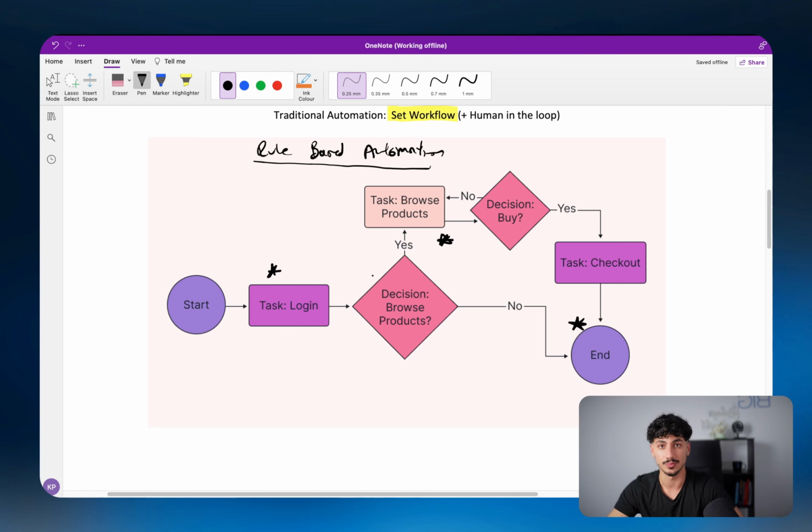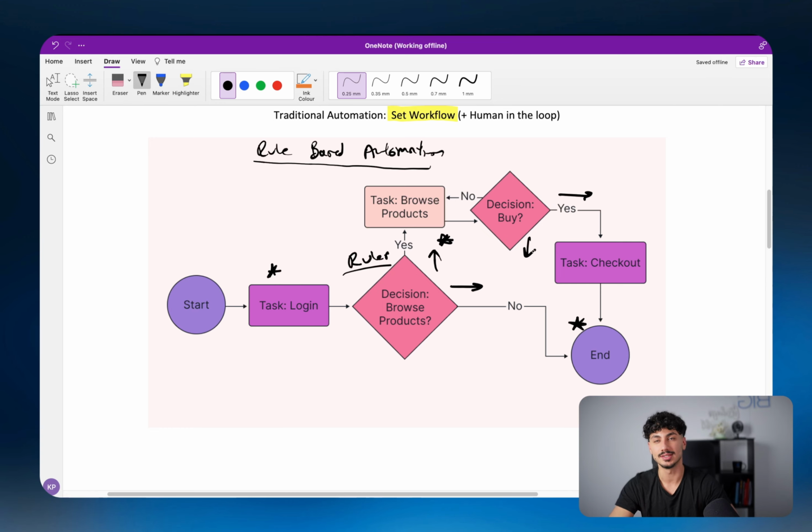Now, considering sometimes automations will have slight nuances and slightly different scenarios, like sometimes the input is slightly different, with traditional automation, we would account for that by allowing what we call rules or conditions or logic, basically saying, okay, if the sky is blue, go up, and if the sky is gray, go right, and if the temperature is 20 degrees, go this way, and if temperature is 40 degrees, go this way. So you just say, if this is the case, then go this way, and if that's the case, go that way. And by doing so, you would account for the different cases that would go through that automation.